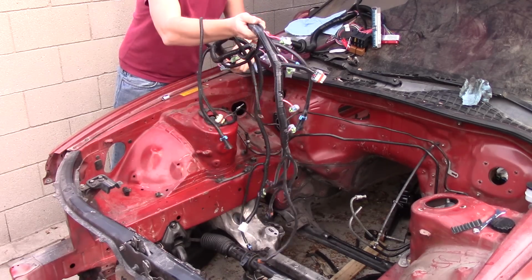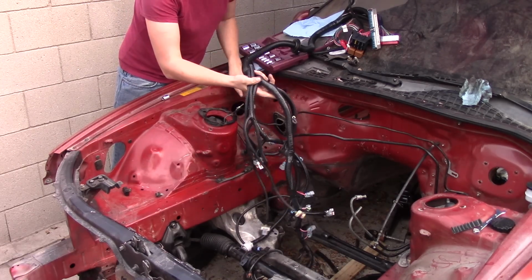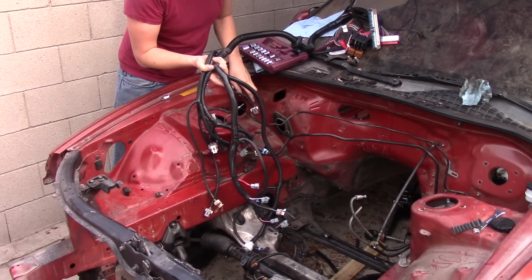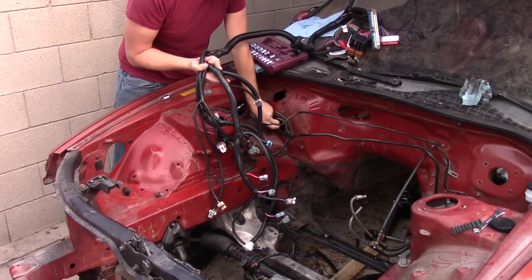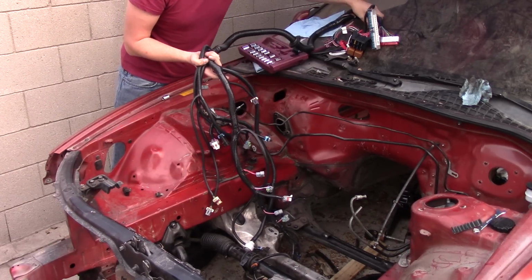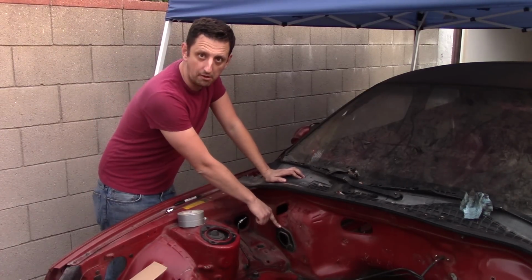And this will be up here. I mean, that makes total sense to me. Alright, I'm going to use this hole here. I'm pretty sure I'll be able to fit everything through. Alright, that's the plan. Now that we know that we're going to be using this hole for the wiring harness